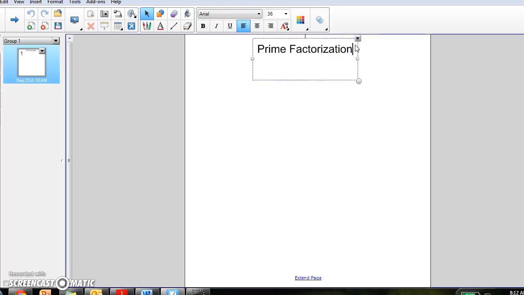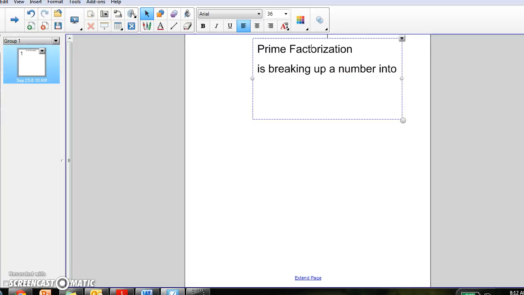Today we're going to talk about prime factorization. Again, that's prime factorization. Prime factorization is breaking up a number into primes that multiply to get it. So prime numbers